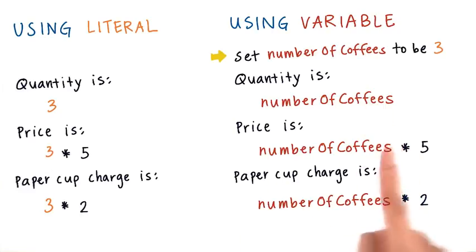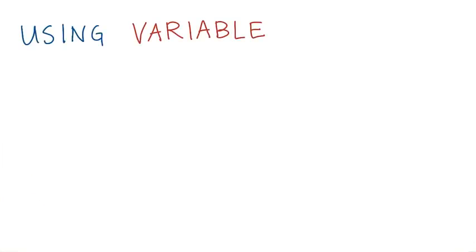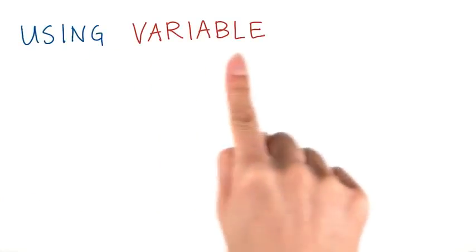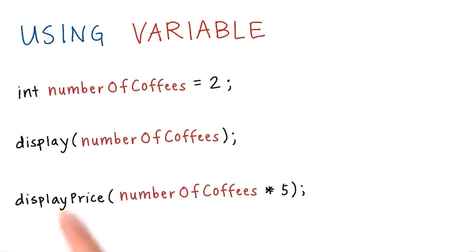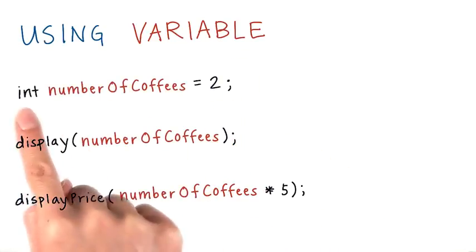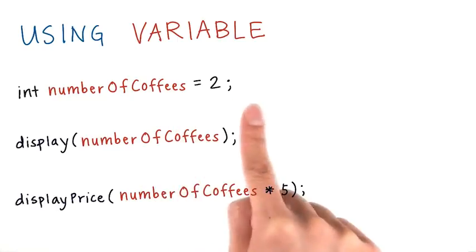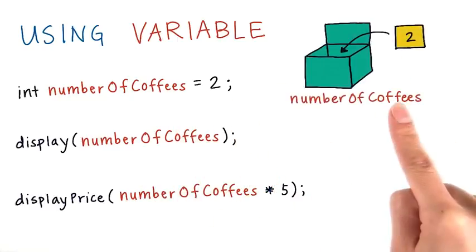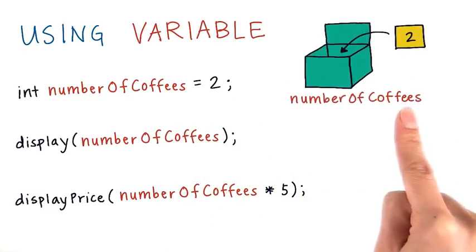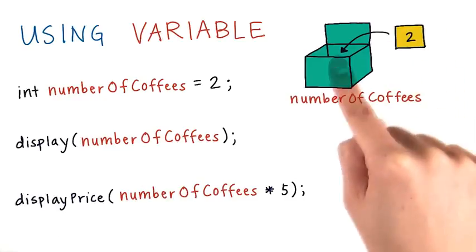We can just refer to the variable name, and that will automatically get us the latest value in that variable. We can look more closely at what the actual code would look like for creating and using a variable. To create the variable, we say int numberOfCoffees = 2. This creates a variable with this name, numberOfCoffees, and it puts the value 2 inside that